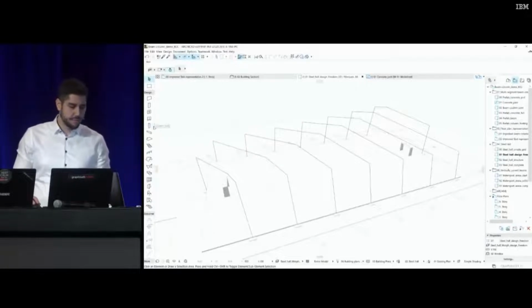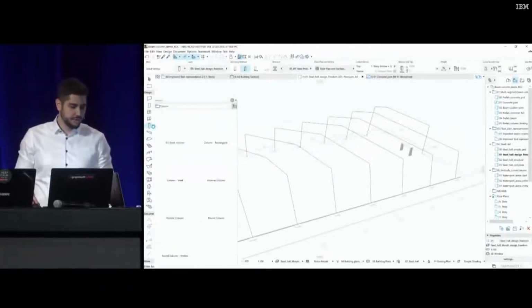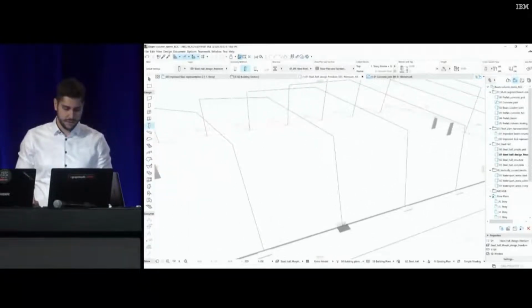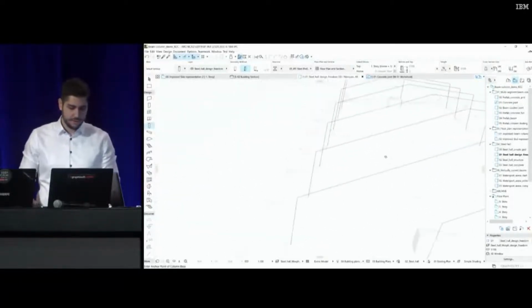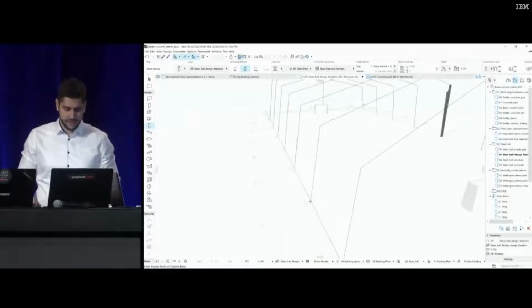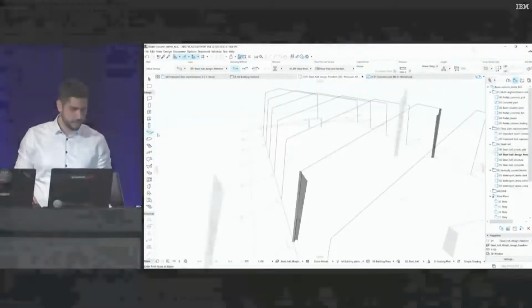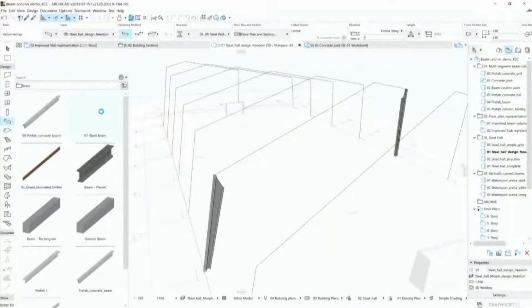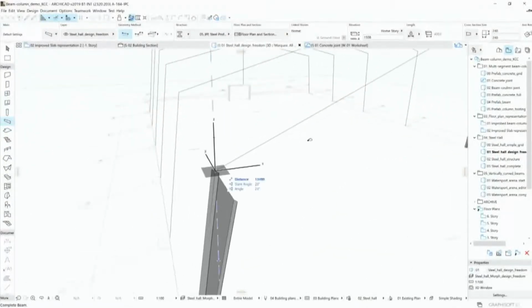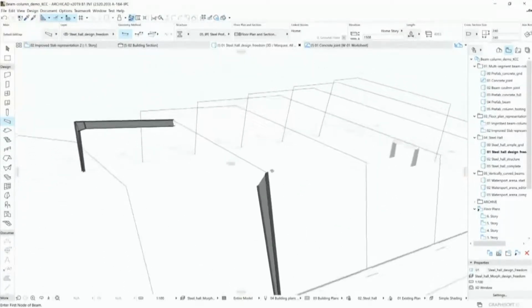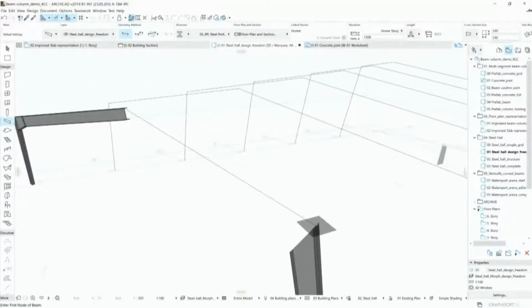Previously, it was quite difficult to model this, but in Archicad 23, we introduced a new two-point placement method for both the beams and columns. So now you can connect any 2 points in space in 3D very easily and very quickly. So in just a couple of seconds, I can model one of my frames, and the same goes for beams as well. And in this case, I'm using multi-segmented beams as well, with tapered segments, giving me a correct structural